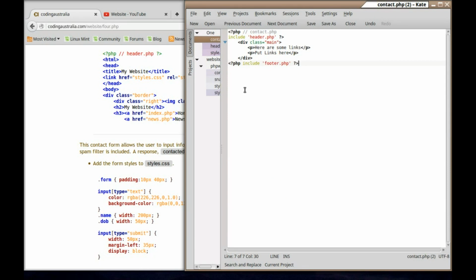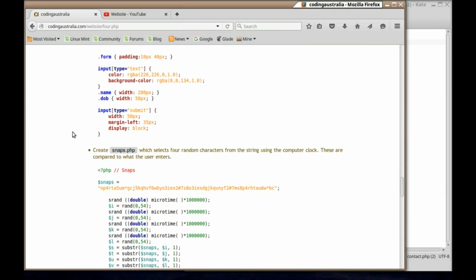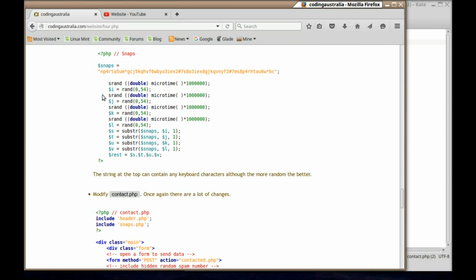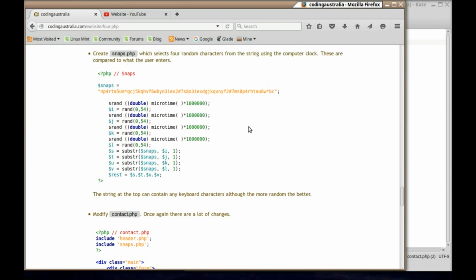Next thing we need to do is include a second file, and we're going to call it whatever you like, but I call it snaps. I picked up the bare bones of this somewhere else, but I tweaked it myself as well and did a fair bit of the math. Now, what's a snap? Well, the snaps file is something that looks like that, and what it is